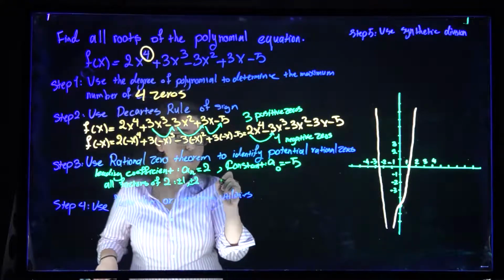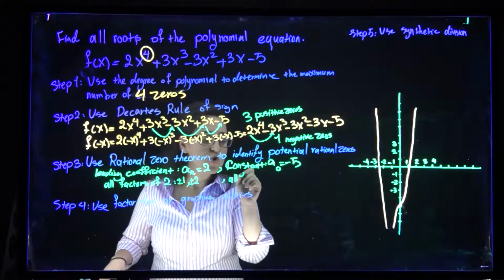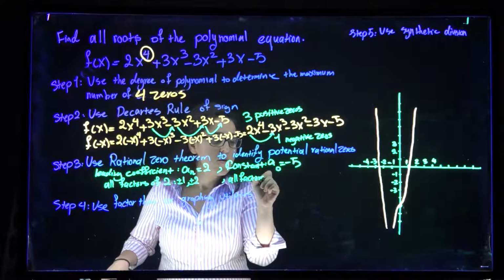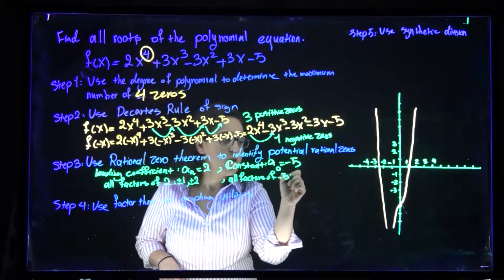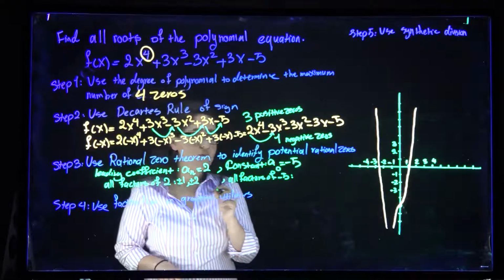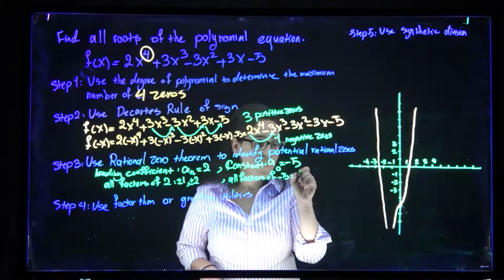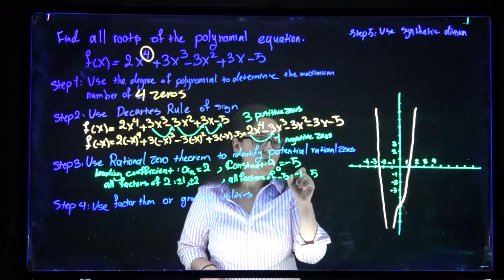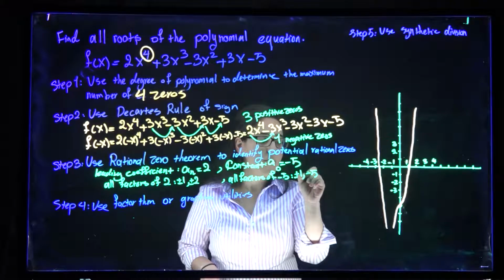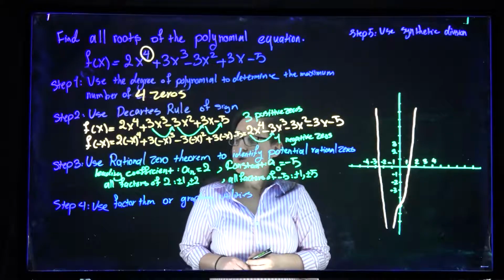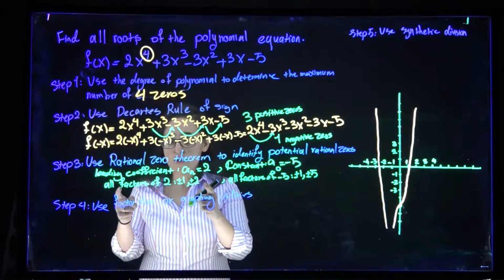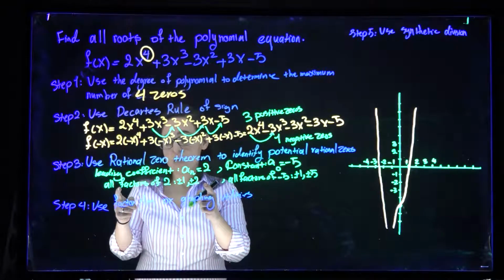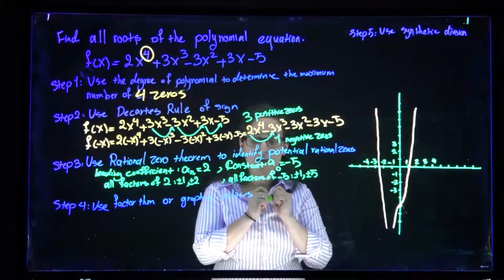Now, I'm going to take a look at all factors of -5. All the factors of -5 are what? 1 and 5. Also positive -1 and positive -5. So I have all the factors of the leading coefficient, and I have all the factors of the